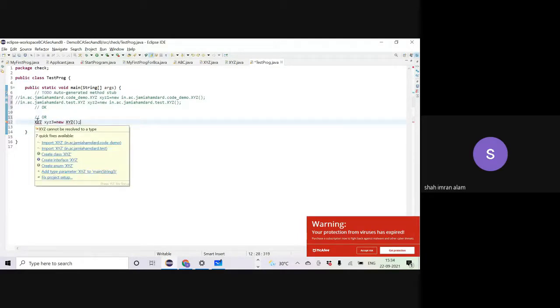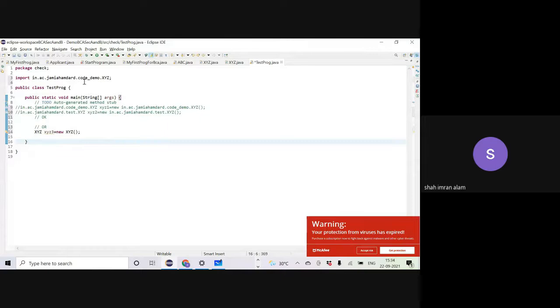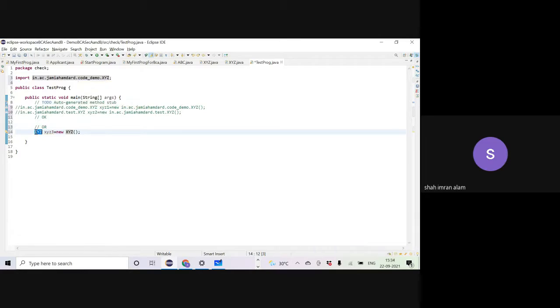Or I will accept the suggestion, since I want to distinguish between the xyz present in the code demo package or in the test package, so I will import that particular package. Let me say I want to use the first one, so I will import it. Then the import statement will come, and I can use the shortcut, which is not a fully qualified name. Whenever I say xyz now, it will look up the import I have added, and understand that this xyz is the same xyz which is in the code_demo package, not under the test package. ठीक है.